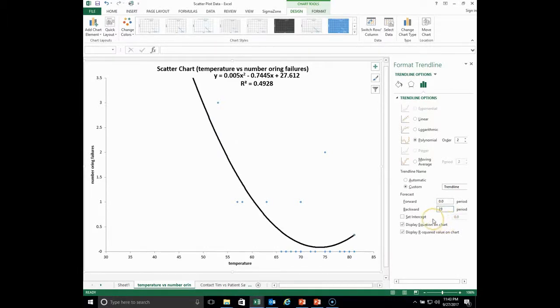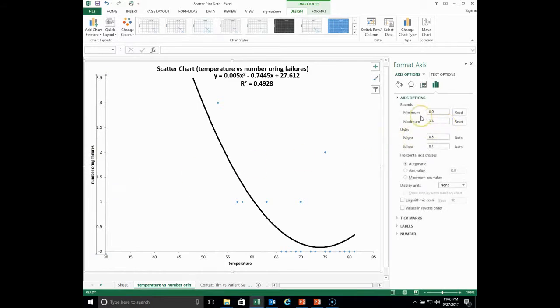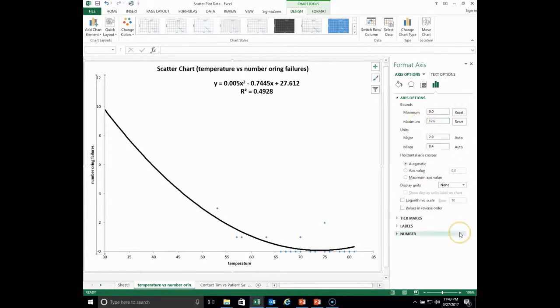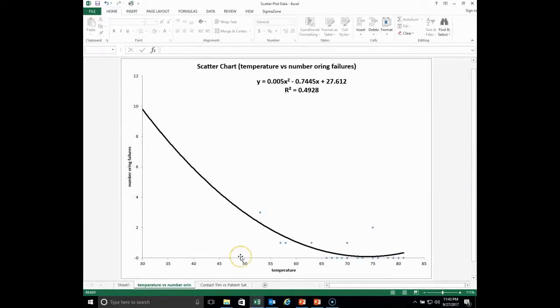Now the graph goes off the chart on the top side, so we're going to have to readjust the vertical axis. So you just click on the vertical axis and then right click and do format axis, and here you get your minimum and maximum again. So the minimum of 0 is okay, but the maximum, let's jump that up to 12. And now you can see the full curve going all the way out to 30 degrees,